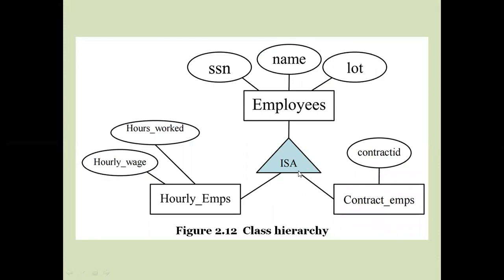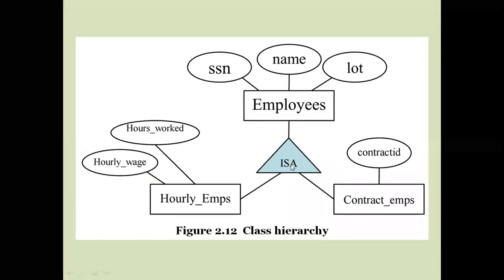So when we are dividing the class hierarchy, please remember this is the symbol. We can use the triangle like this. At the same time we can use the reverse triangle also. Better you try to represent it like this. Here we consider two types of relationships: one is generalization and another is specialization.